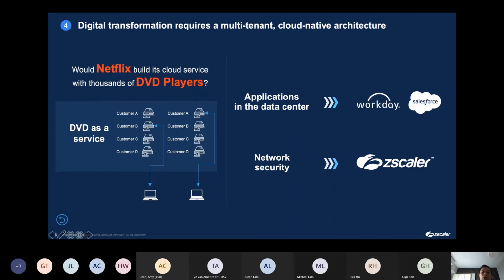So when enterprises consider a zero trust solution for security, we believe that you should look into something like Salesforce or Workday from the application area, which can deliver a cloud-native multi-tenant solution to you. Instead of telling you how I can now put my firewall or NGFW into Google Cloud or AWS so that you can subscribe to my service, I can help you do managed VM services. No, that's not the right way to provide a real zero trust cloud-based model or solution to enterprises.